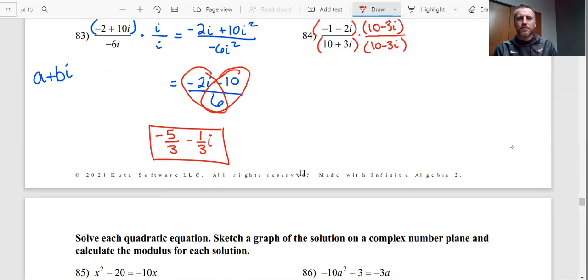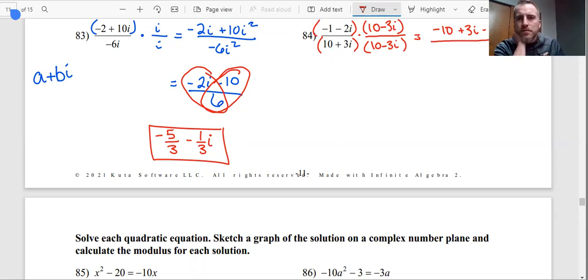So let's multiply the top first. 2 terms times 2 terms should get us 4 terms. Negative 1 times 10 is negative 10. Negative 1 times negative 3i is a positive 3i. Negative 2i times 10, negative 20i. And negative 2i times negative 3i is positive 6i squared. All of that is divided by